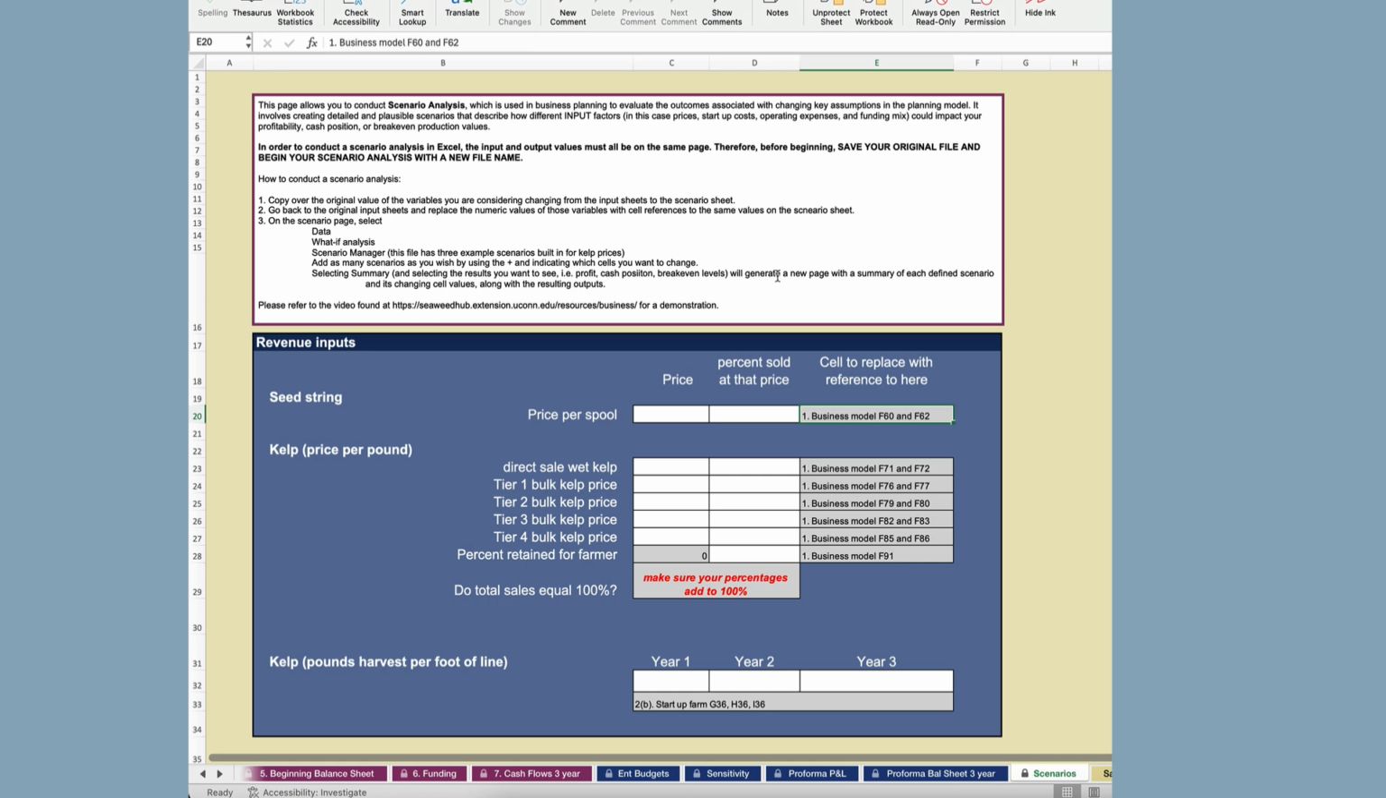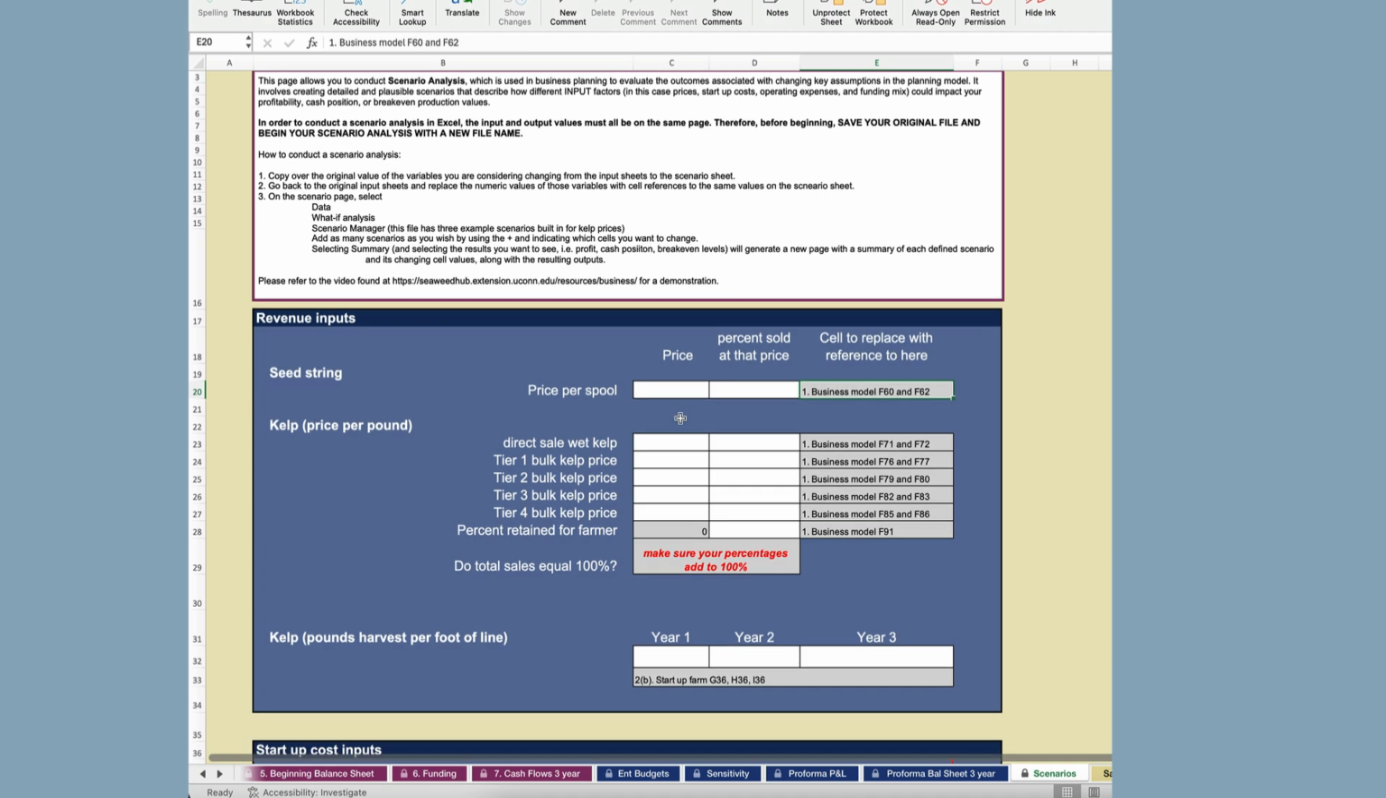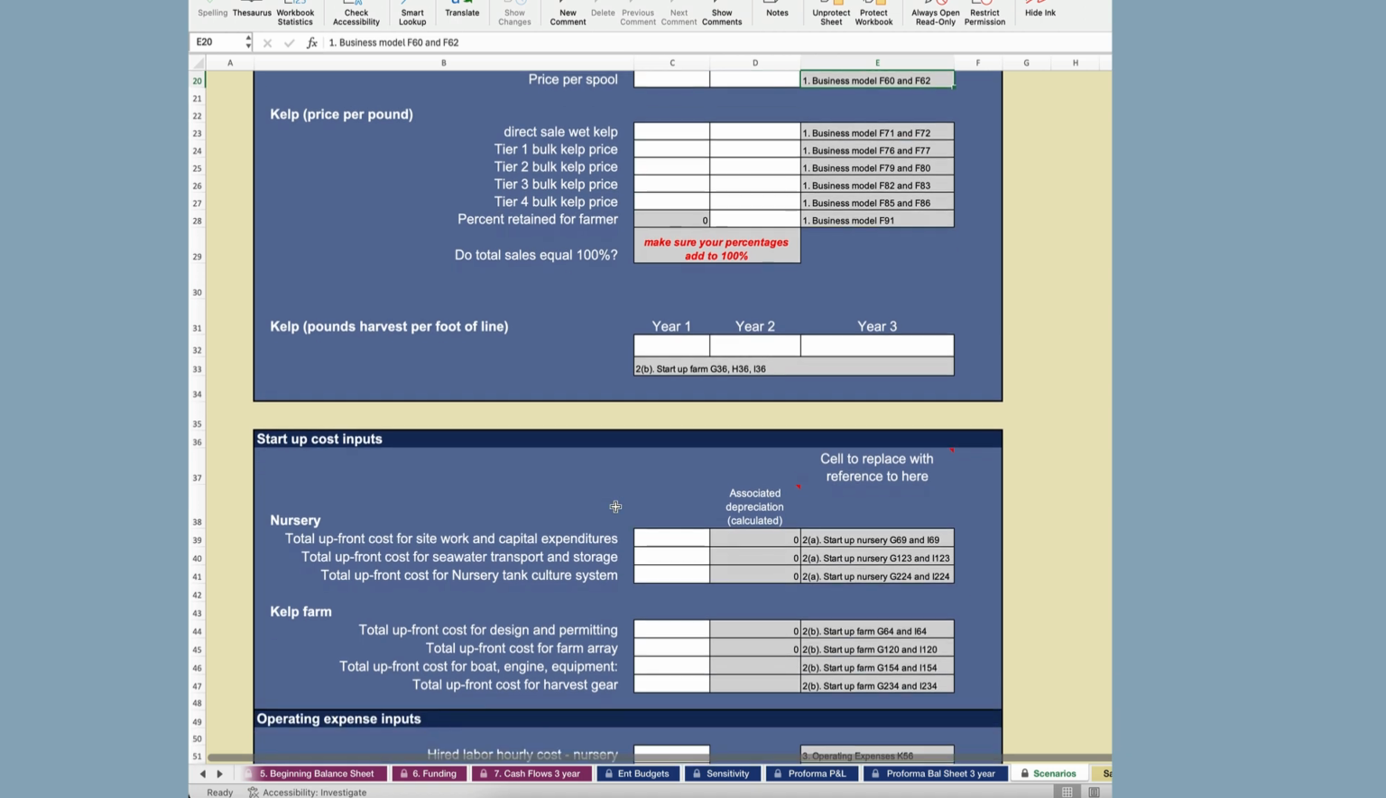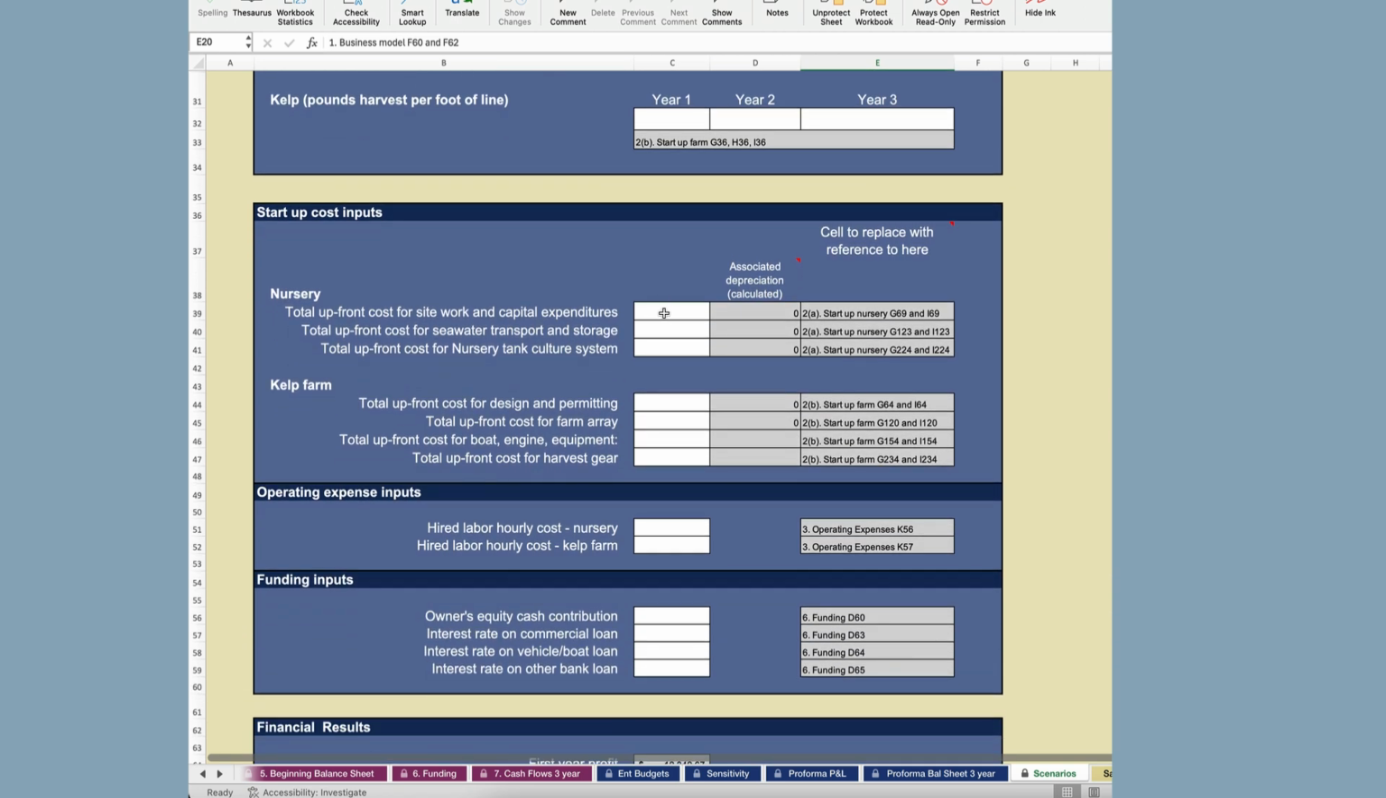Save a new copy. Okay, now Excel's scenario analysis tool needs to have all the inputs and the outputs that we're looking at all on one page. And so in consultation with Sea Grant colleagues all over the country, we came up with a number of inputs that could be relevant to doing some what-if analysis on. Notably, your price, obviously, how much you can get for what you're producing, how much kelp you are harvesting per foot over the course of your 3-year model, and then some of the big picture startup costs elements,